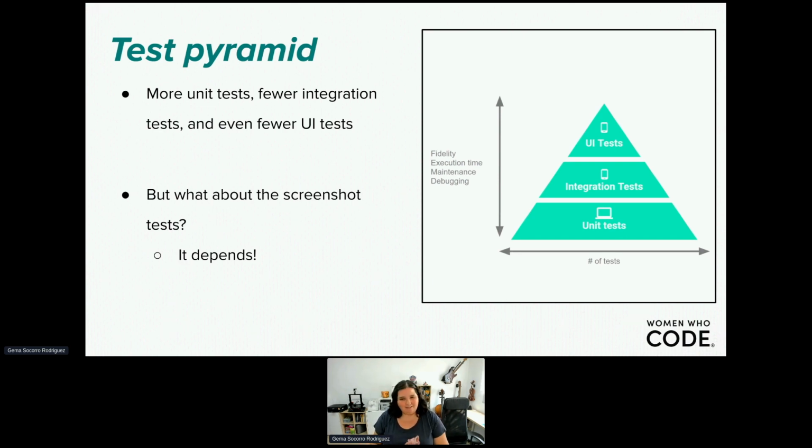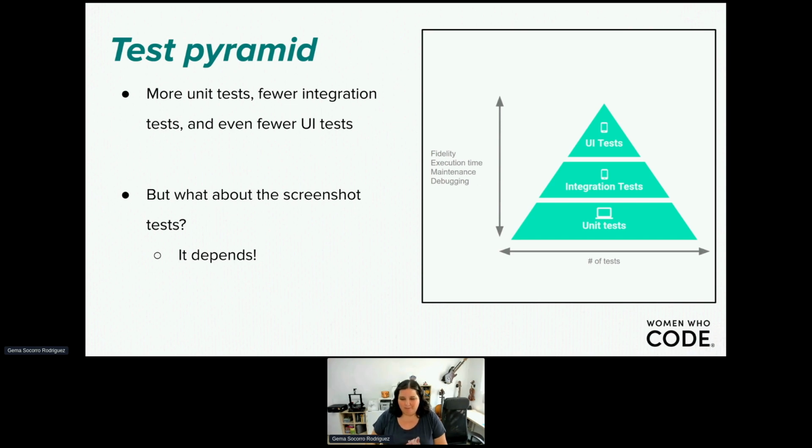We will see later what an integration test is, but we will have fewer of them because they are a bit expensive, and also a bit slow to run. And finally, we will have fewer UI tests because for running UI tests, generally we are going to need an emulator or a device. They are going to be expensive and slower, so we are going to have fewer of them.